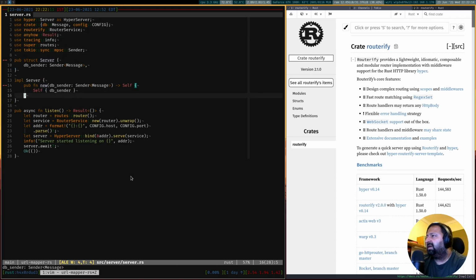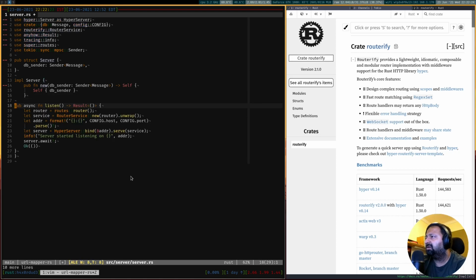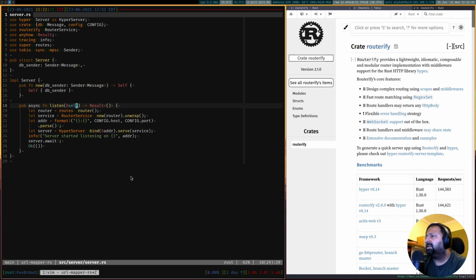So we have a constructor, and we'll be utilizing this to instantiate a server in the main, and then we will start listening on this instance. So let's move this now to be on the server instance. And so all we have to do is change it to this, and this will allow us to do exactly what we need. And everything's looking pretty good now.